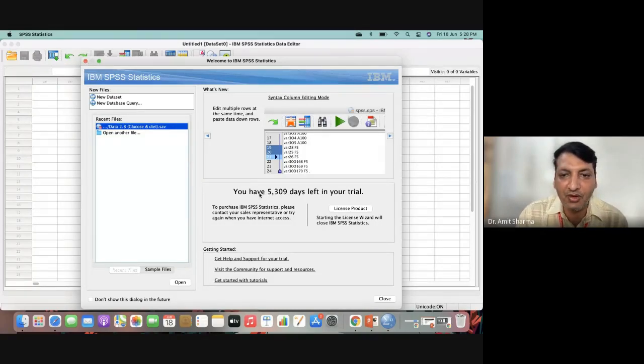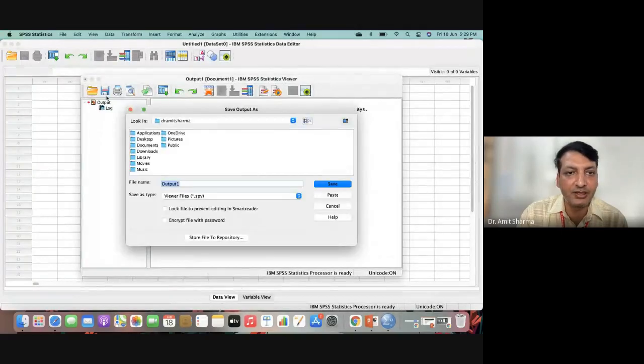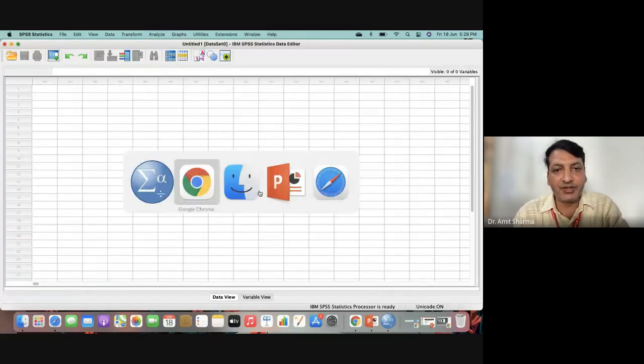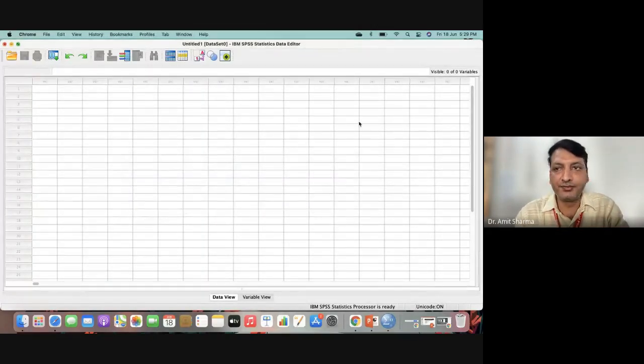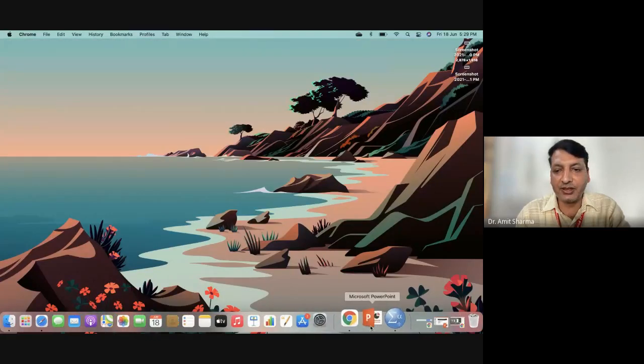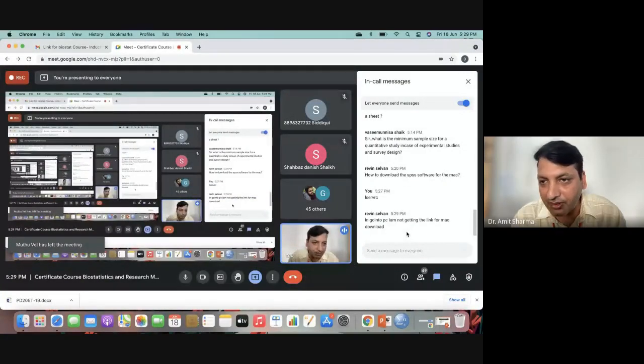If you do not crack it, if you do not replace that particular file which I have mentioned to you, it will work only for 30 days. So I think all are exhausted, and the test for the normality distribution I'll take tomorrow. If there are any queries you can ask, otherwise I'll stop the session here only.